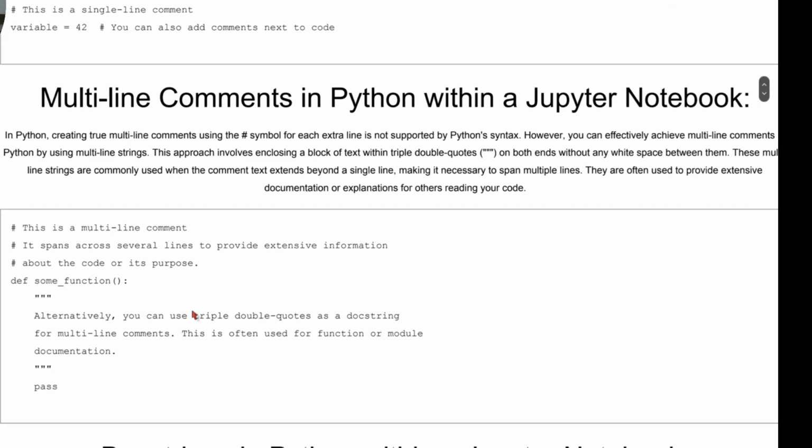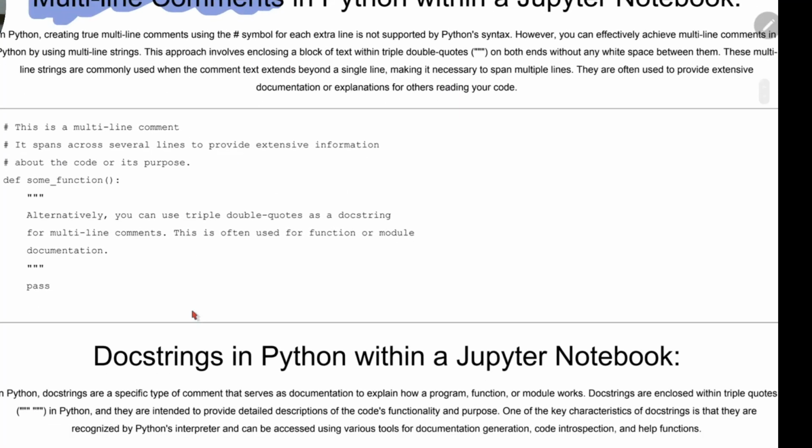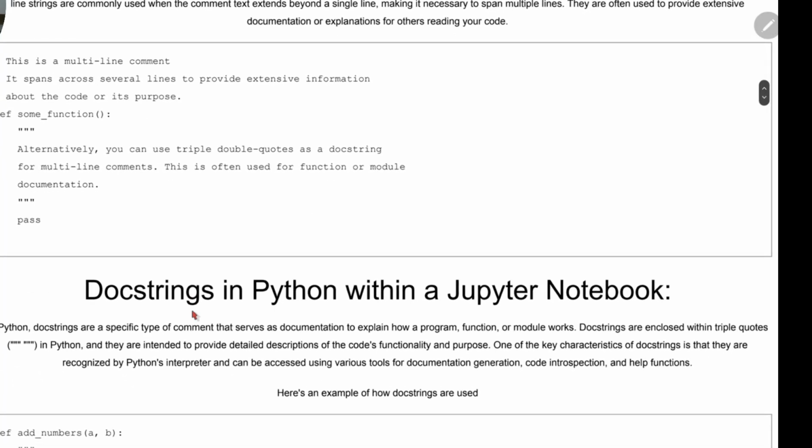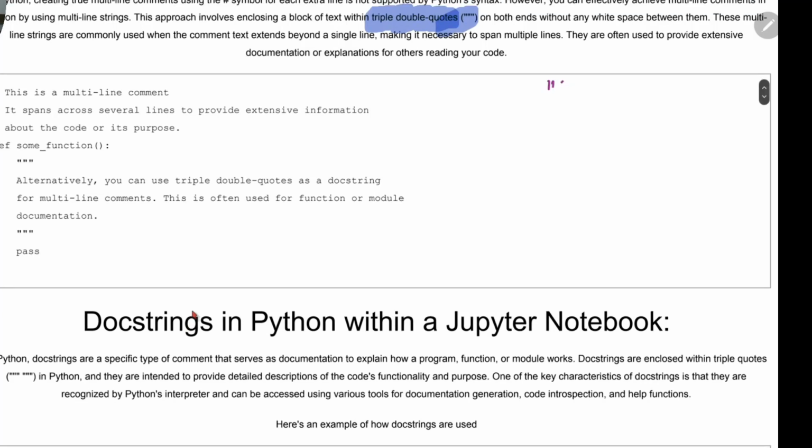Then we have multi-line comments. Sometimes we need to give a long explanation, and for that we use multi-line comments. In order to create multi-line comments, we use triple quotes, triple double quotes. That means we write the first pair of inverted quotes, then a second pair, and a third pair, and there we close them, and we write in between. This is called a multi-line comment. In it you can write multiple lines until you have the 3 closing quotes. The code won't be considered executable, but will just be considered comments.